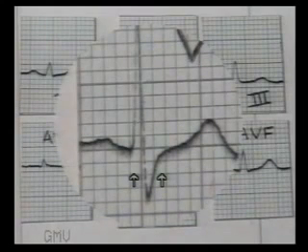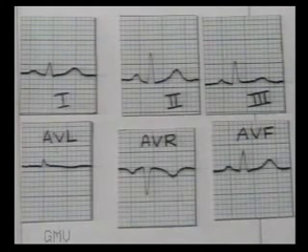If it is more than 3 millimeters, that is 0.12 seconds, study whether it is left bundle branch block or right bundle branch block. Then look for pathological Q waves in anterior, inferior or chest leads. A Q wave deeper than 1 millimeter or wider than 1 millimeter or more than 1/3 of the R wave is considered as significant.